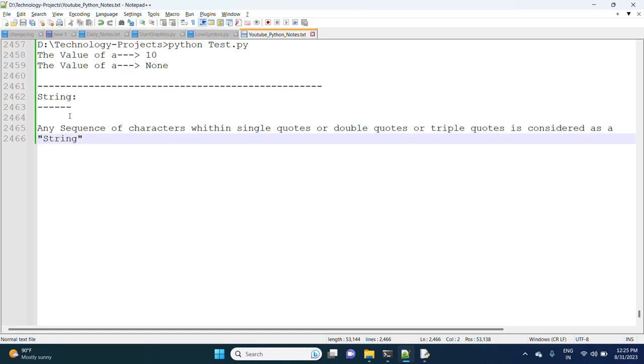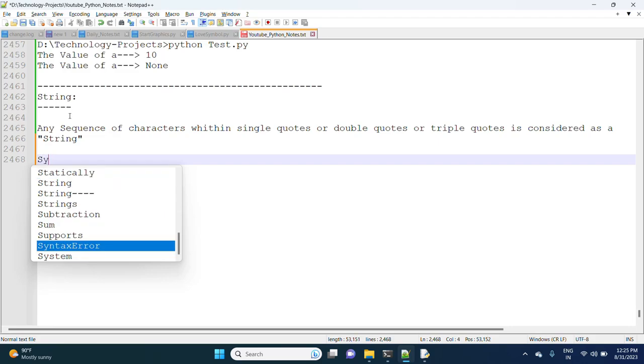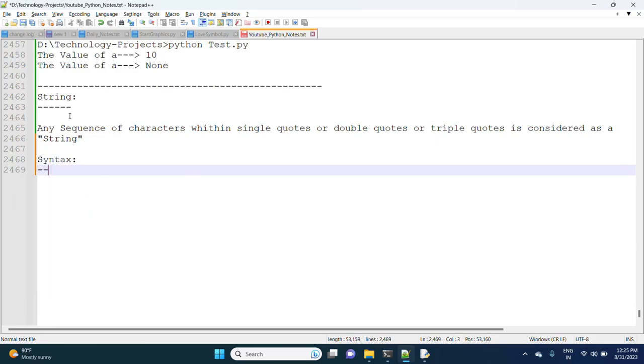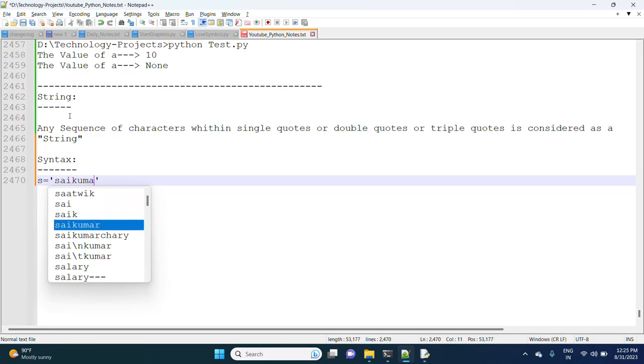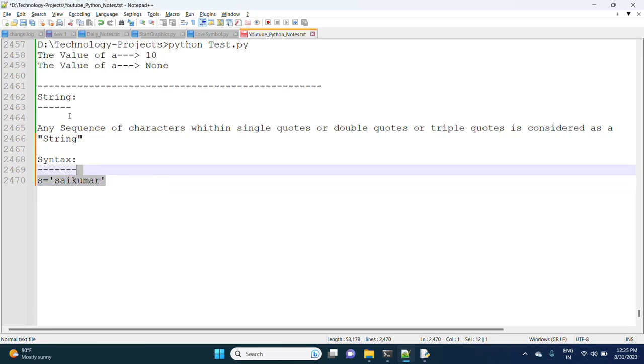Coming to the syntax, we observe that s is equal to Sai Kumar.